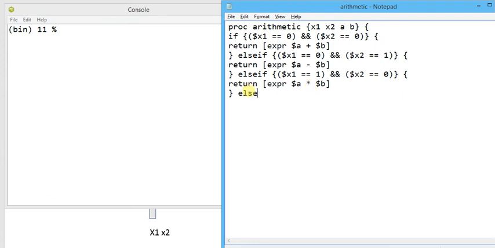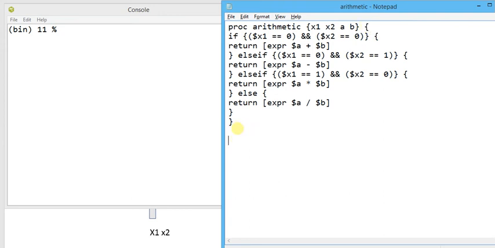And lastly we don't require any condition, so finally only else. I'm going to copy only this return statement, and it is going to return the division operator. Finally I am going to close the braces, and close one more bracket to close the procedure.